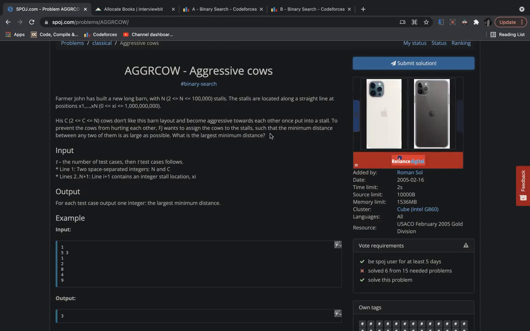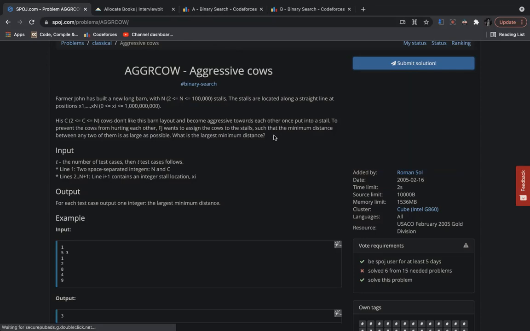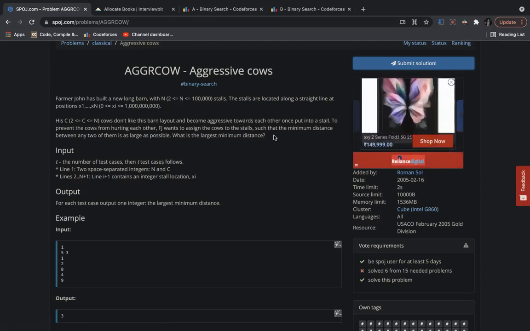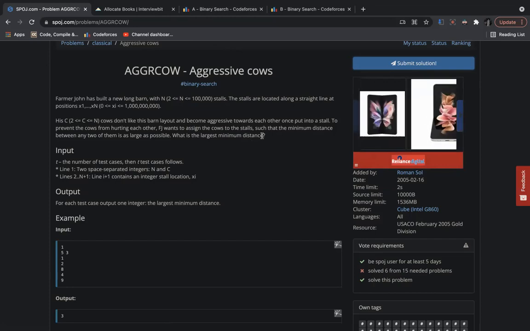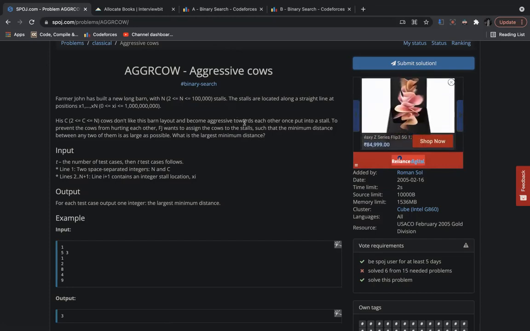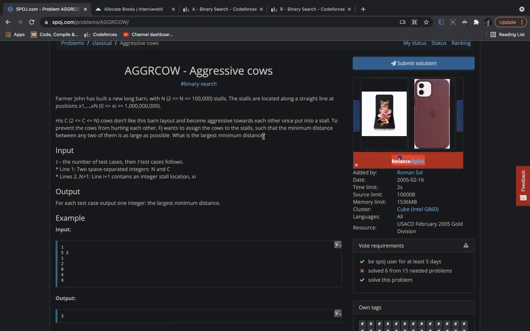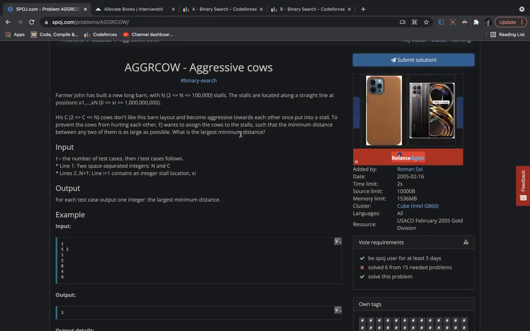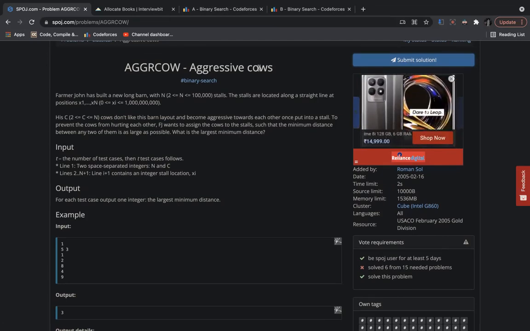All right, great. So yeah, this is what the problem is saying. We have to maximize the minimum distance between any two adjacent cows. That is the problem. And of course, we are going to use binary search here. Since we are using binary search on the answer, the answer here is the minimum distance between two cows, and that is the thing for which we are going to use binary search. So let's jump right into the solution here.